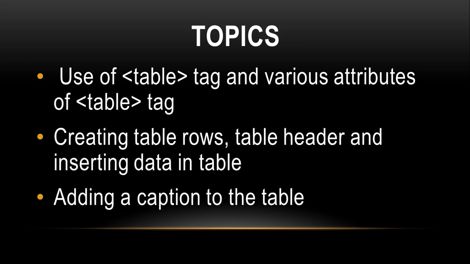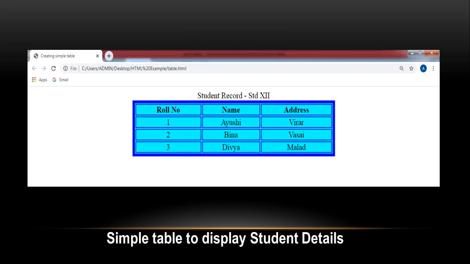Now we'll see a small example on how to create a table using these tags. So this is going to be our table structure. Let us have a look at it. There's a table with the heading student record, which is to the center of the table. The table contains 4 different rows. The first row contains the heading for the table and the remaining rows display the records of the student. So in all we have 4 rows and each row contains either the table header or the table data. So let's start with it.